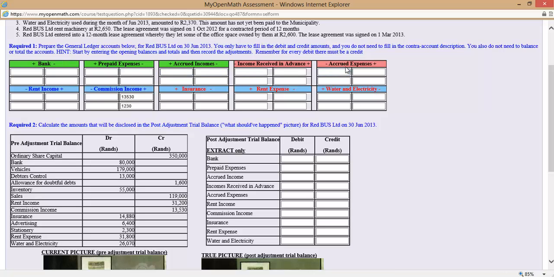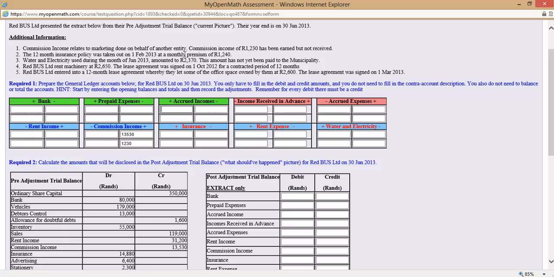In the same way we had accrued expenses, where we owed water and electricity to the municipality, now we're going to have accrued incomes, when we've earned the income, in this case the commission income, because we've done marketing on behalf of another entity. We've done the services necessary, but we just have not yet received it. So that's going to be similar to a debtor, which is an asset. It increases on the debit side. We can put our 1,230 there.